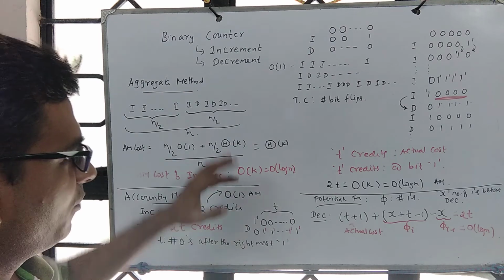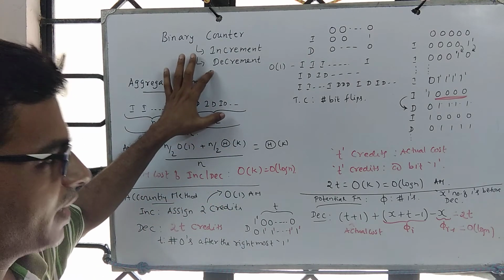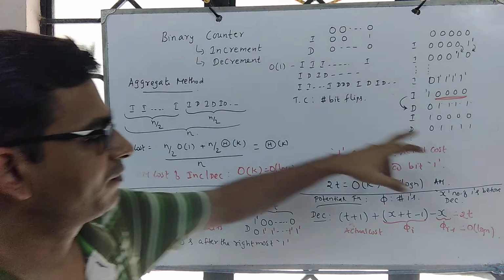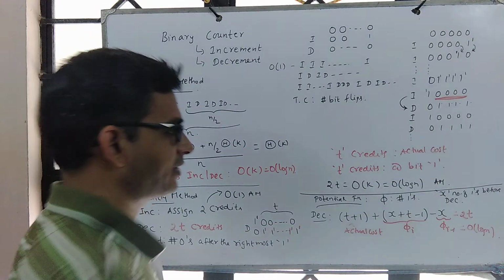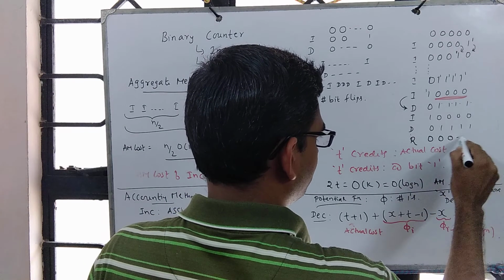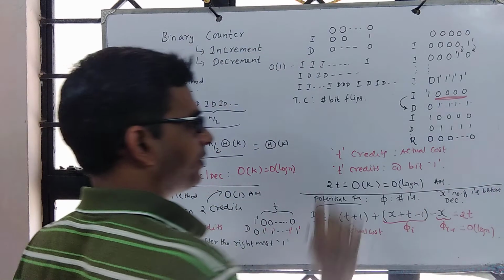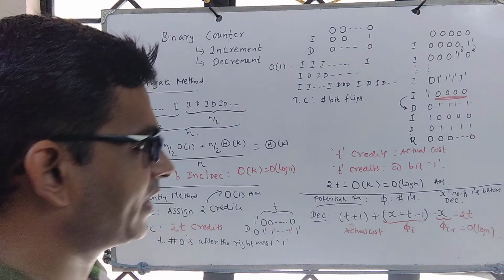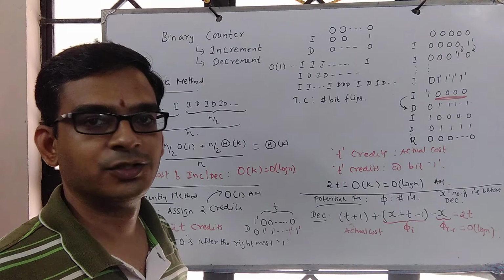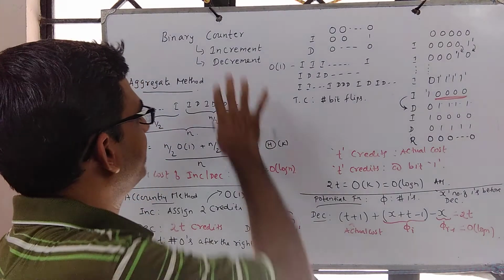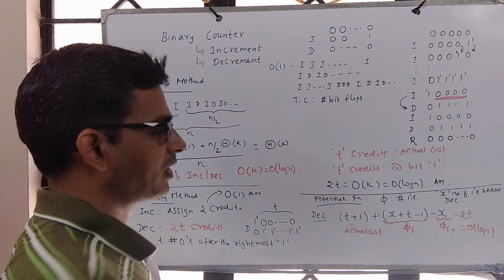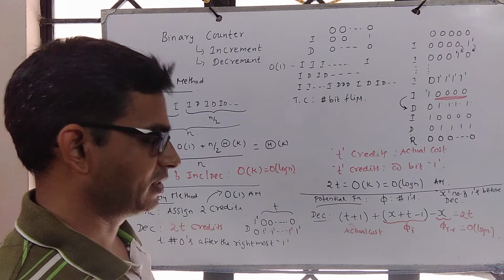So now you can add one more operation. For example, you add say reset, and now reset is from this configuration. When I perform reset, then it becomes all zeros. Now on this one cannot perform decrement. One can perform some sequence of increment, then go for decrement, and so on. Now suppose the binary counter supports the operations increment, decrement, and reset. What would be the amortized cost?